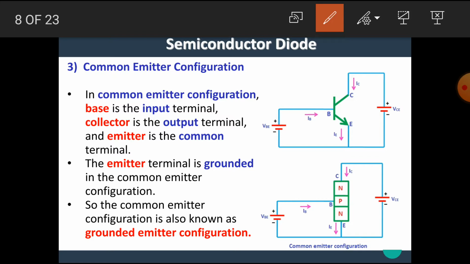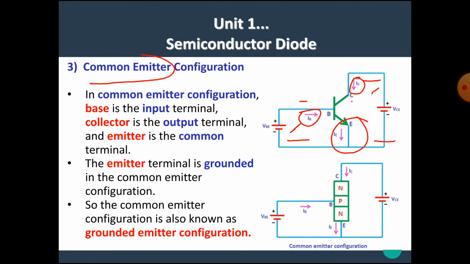Let's see once again. In this diagram, as the name implies common emitter, the emitter terminal is common between input and output side. The input side is base and the output side is collector. The current in the base is IB and it is called the input current. The current in the collector is IC and it is called the output current. I hope you all understand the basic things about the transistor configurations: common base, common collector and common emitter.